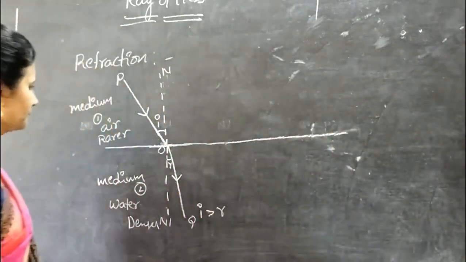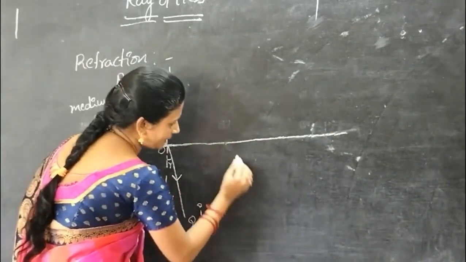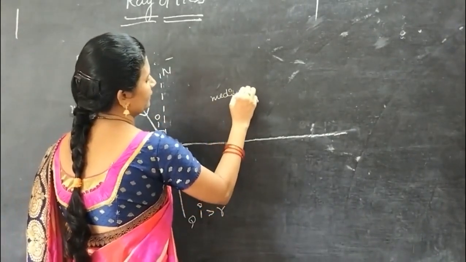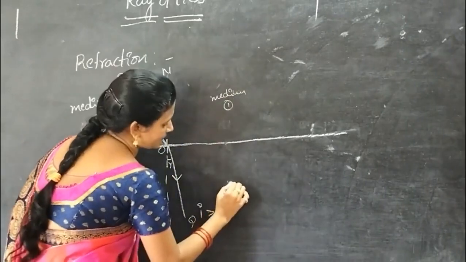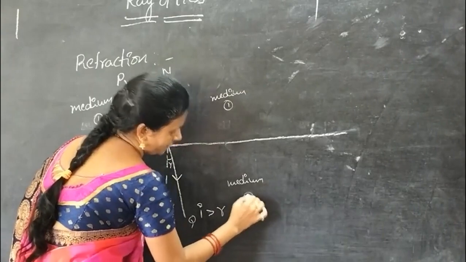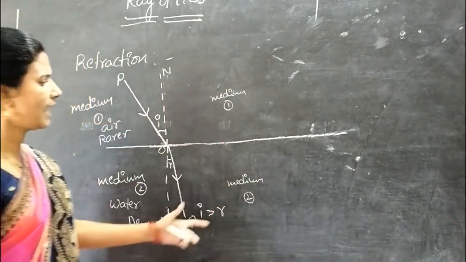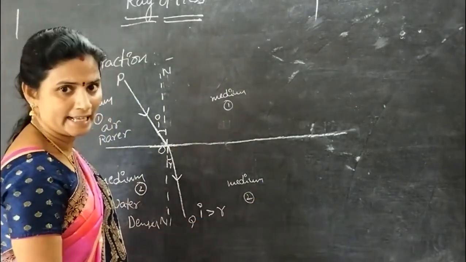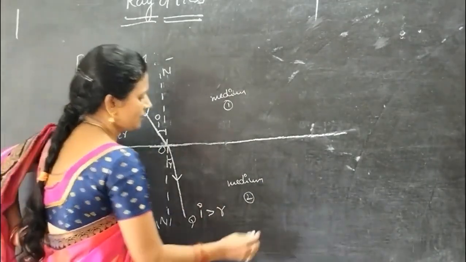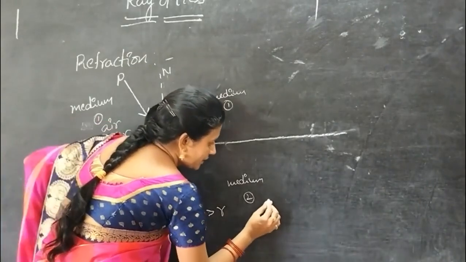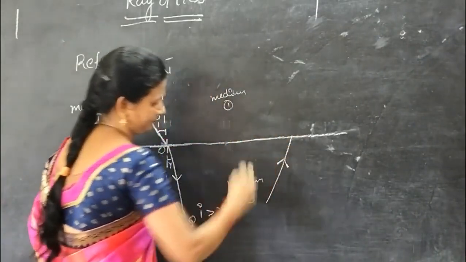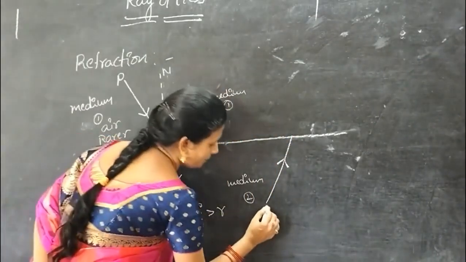We have to observe. This is medium 1 and this is medium 2. It is the air medium and then the water medium. Suppose this is the light ray, the incident ray. Here PO be the